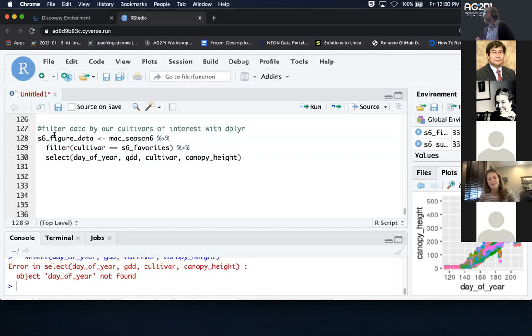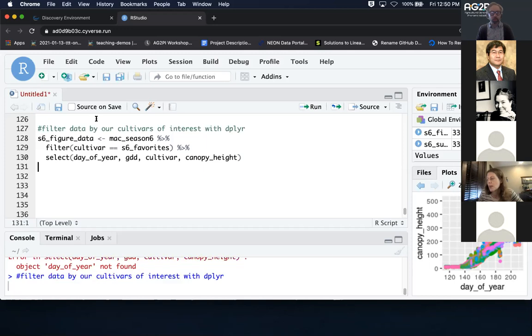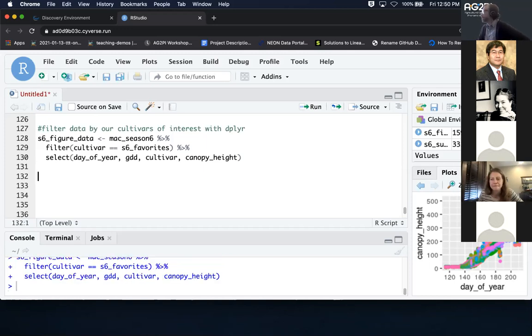So technically it's a pipe, but if you think about it, that symbol is saying do this, and then this, and then this. And you can string together a whole bunch of different functions to do things, and you can make it very complex. But this is our example right now. And so I'll run this. And now we have our subsetted data,